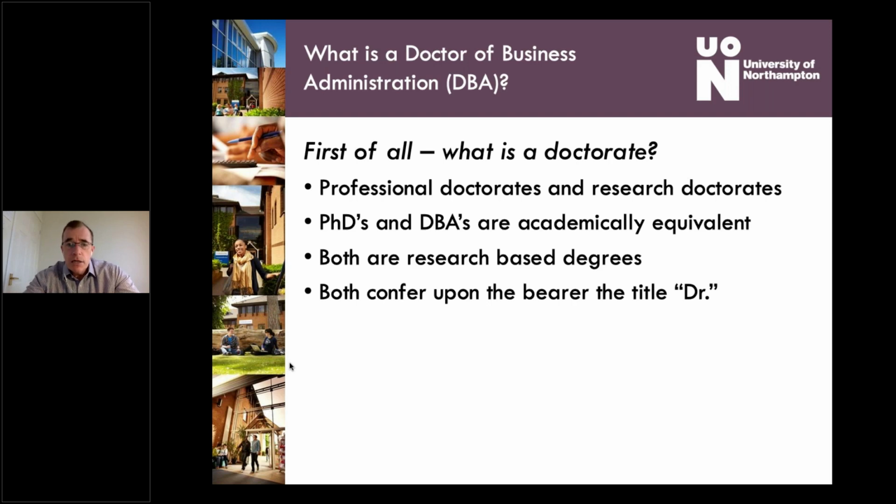The other type of doctorate is for people who are primarily involved with research and academics. The most usual type of research doctorate you've probably heard about is a PhD. For those people, they're usually found in universities, research centres, that type of thing. So there are two types of doctorates. They're both at the same level, they're both academically equivalent, and they're both actually research-based degrees, but they just differ in their audiences and their aims. For example, a DBA, a professional doctorate, needs to have a very practical outcome, whereas a research doctorate could be a purely theoretical piece. And of course, both confer upon the title doctor.